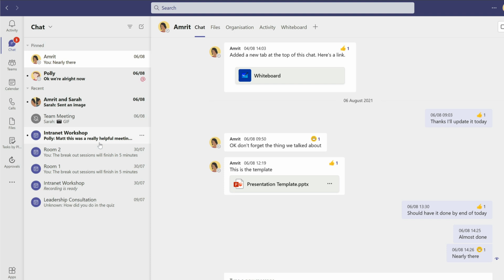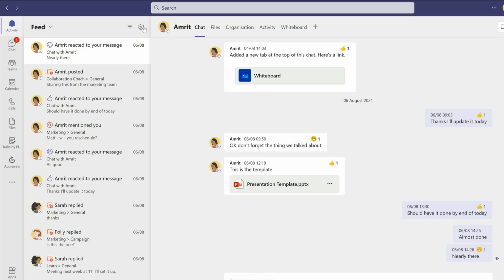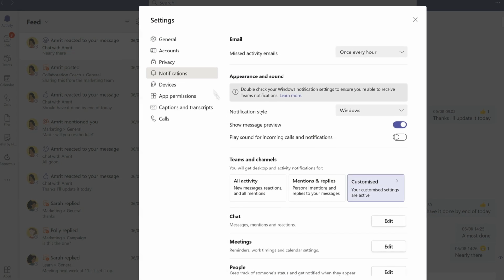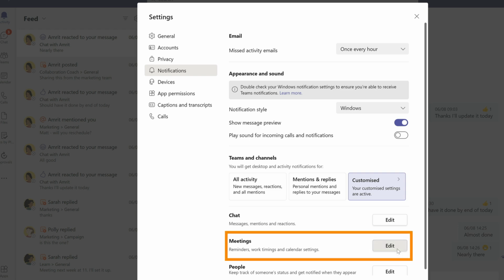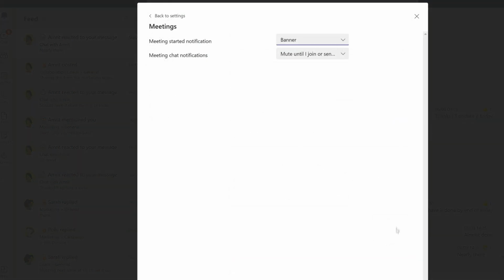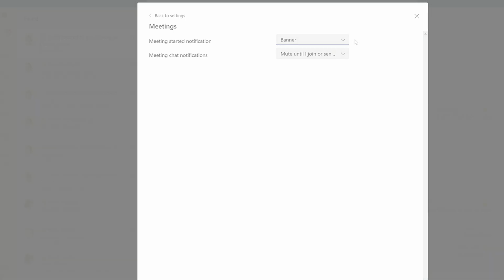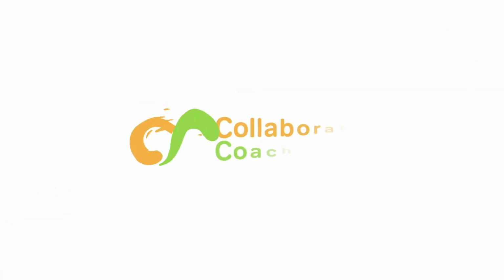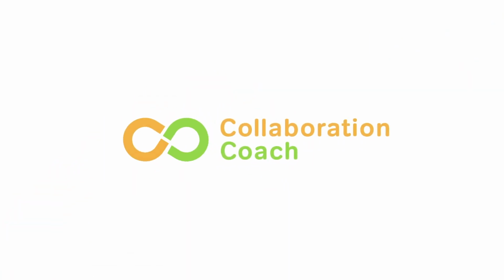And if you want to check how yours is set, go to the meeting notification settings by choosing the activity app and choose the settings wheel. Then go to the meetings section and choose edit. Here I can see that my meeting started notification is set to banner, and that's perfect, so I don't want to change it. Okay, so there are my tips on how to set your notifications in Teams to avoid activity